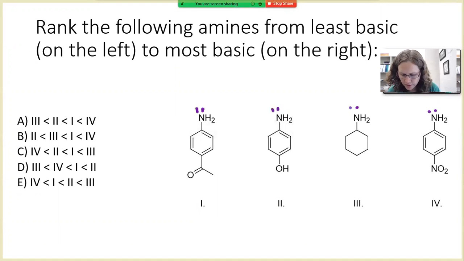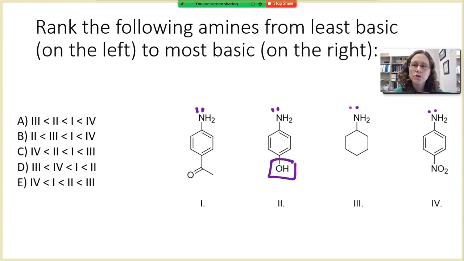Nitrogen is less electronegative than oxygen, and so that's why it's going to be the strongest, most basic atom in each case. If we take a look at the OH group, that's where that big comparison is coming from. So N is going to be less able to stabilize electron density. So that's why we focus in on the nitrogen in each molecule. And then we want to think about